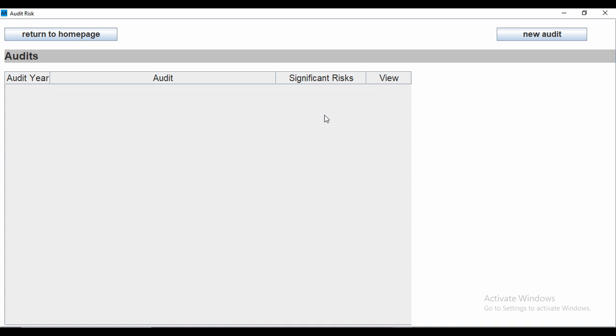The column headers for the table are the audit year, the name of the audit, the significant risks, which is the number of significant risks in that audit, and the column that says View has a button, which when clicked displays the details of that audit. On the top right, you have a button that says New Audit. So clicking that button